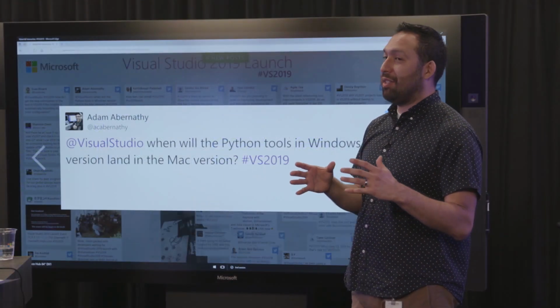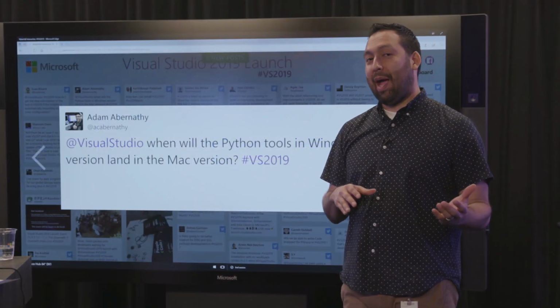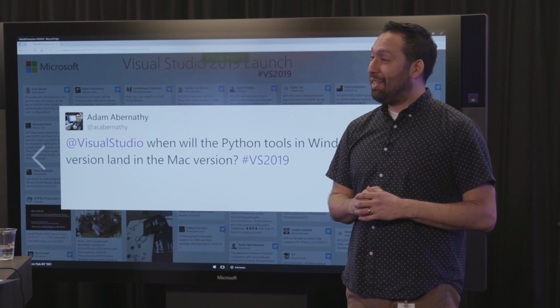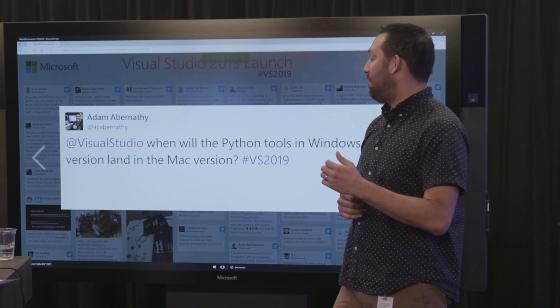But we also didn't even talk about deploying to Azure, right? Or to Docker or containers or Kubernetes. A lot of what we've also been working on is making it so that cloud native applications are super easy to author with Visual Studio 2019. That's cool. Yeah, because we can write all the code we want, but if it falls in the forest and there's no one around, does it even make a sound? We got to put it in the cloud, right?